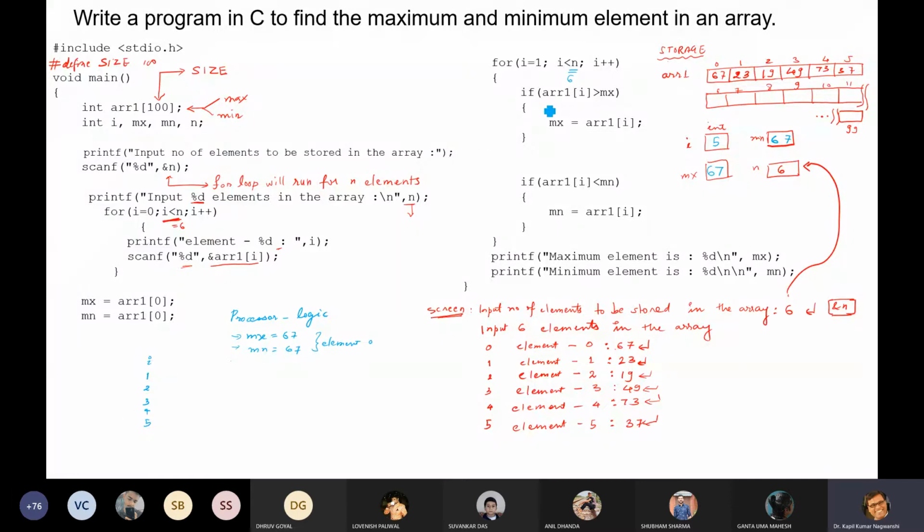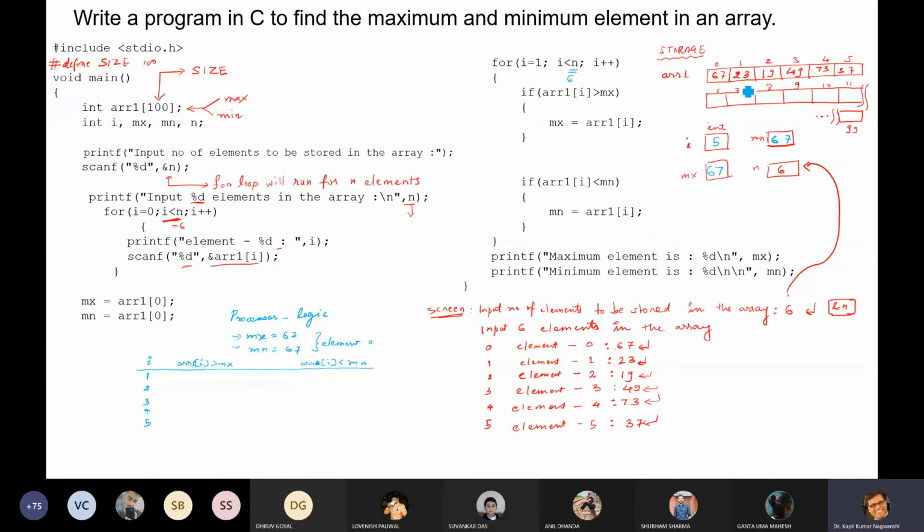Now come to the first thing. Here two different things are there. So let us draw both. The first thing is array 1 I is greater than mx, and here array 1 I is less than mn. Okay. So first of all, we will take our first element.